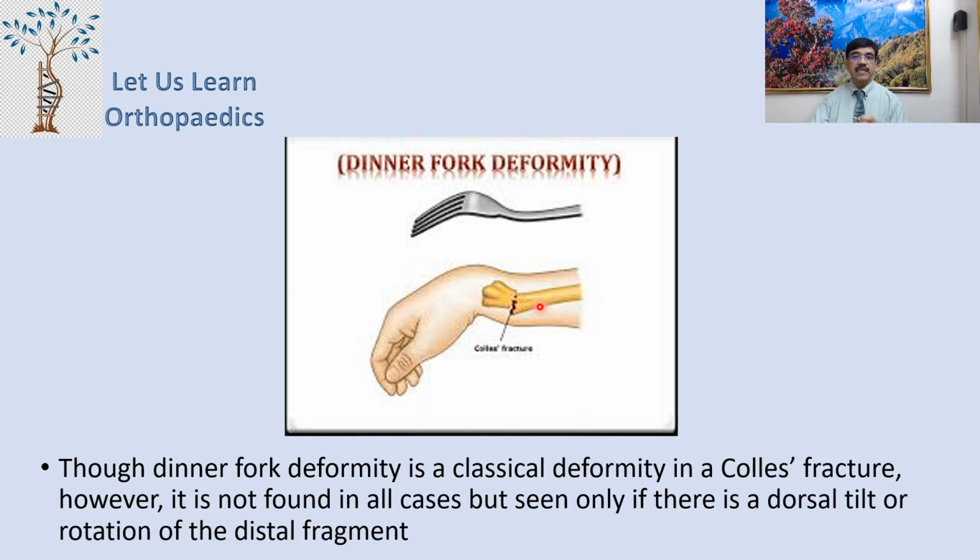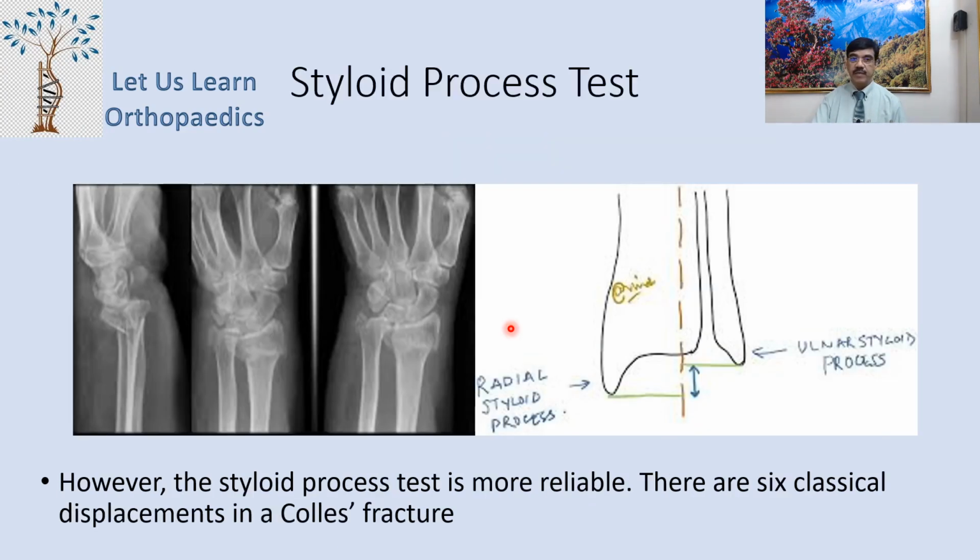It's only seen if there is a dorsal tilt or dorsal rotation of the distal fragment. Why does this happen? Because most of the time somebody standing nearby finds a deformed wrist, so he tries to pull and correct the deformity. So by the time the patient comes to you, maybe the classical dinner fork deformity has been corrected by someone. But the styloid process test